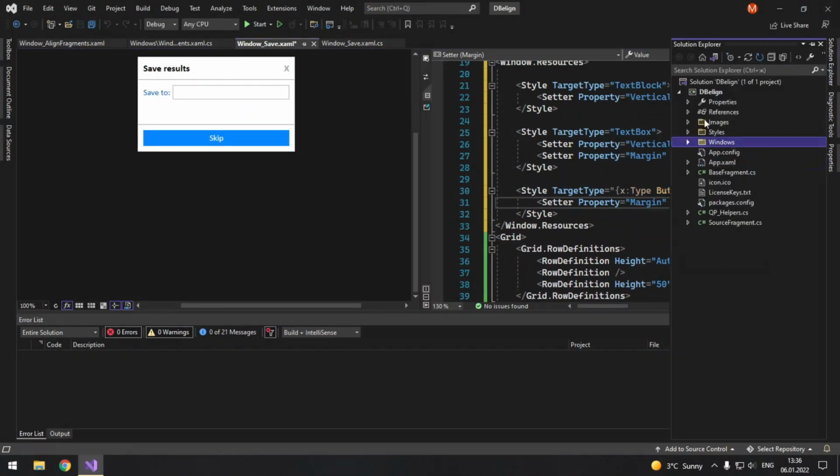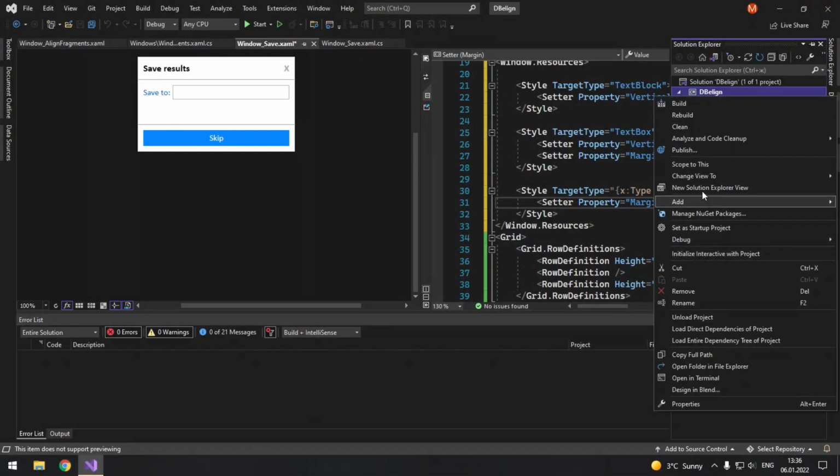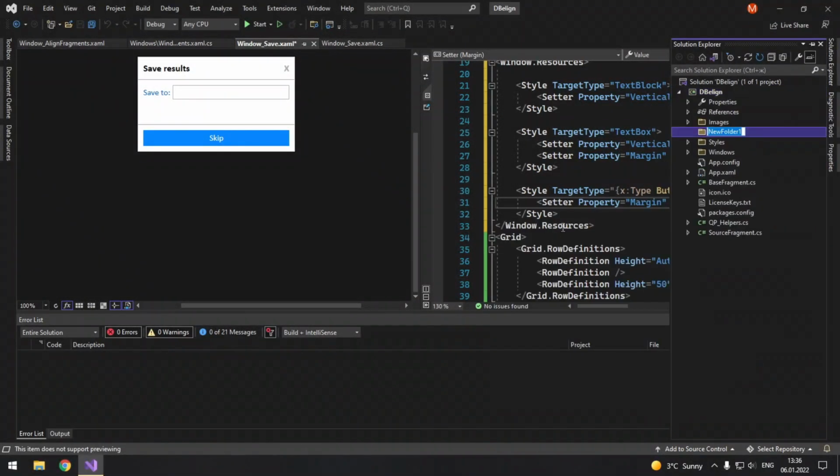Okay, so back to converters. Create a new folder, add new folder, Converters.